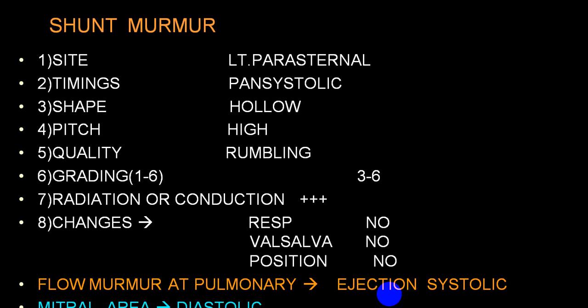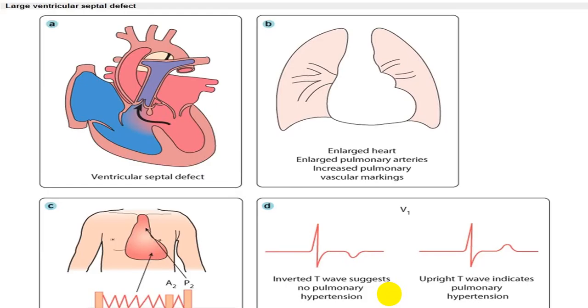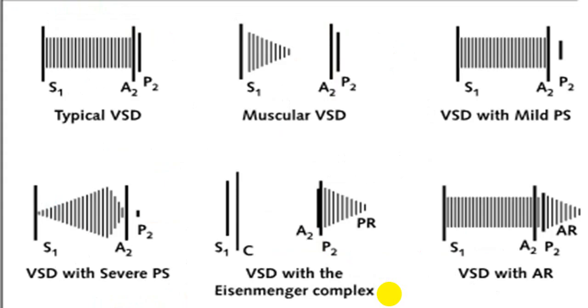Also, you will have a diastolic flow murmur, which will be a mid-diastolic murmur at the level of the mitral valve because of increased blood flow from LA into LV. So these are all the findings, the different types of murmur, that you can come across in VSD. This is the typical murmur of VSD, which we call a pansystolic murmur. In Rogers defect, it will be an early systolic murmur. In VSD with mild pulmonary stenosis, again you will have a long systolic murmur but a split second sound. In VSD with severe pulmonary stenosis, there is a split second sound and P2 becomes less prominent.